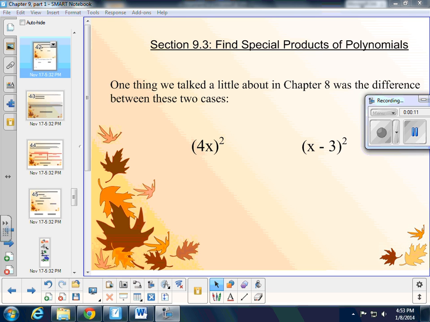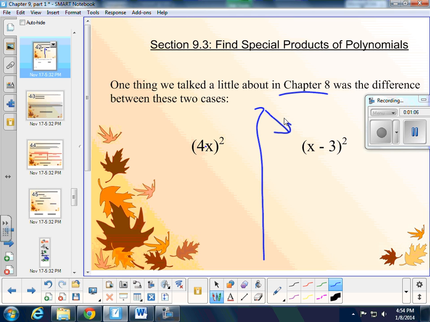(4x squared). This is a monomial, one term by itself here, because these are joined by multiplication. So that's a monomial. We learned in chapter 8, because this is joined together by multiplication, that I can actually apply this squared power just to both of these things, so 4 squared would give me 16, and x squared is just x squared, and that would work for a problem like that. Over here though,